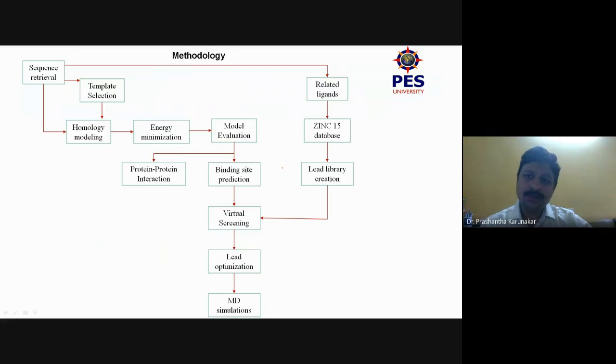So this is the overall methodology that we followed. We took the sequence retrieval from UniProt, then selected the template, performed homology modeling, then energy minimization, then model evaluation. This process itself took around 1 month's time,